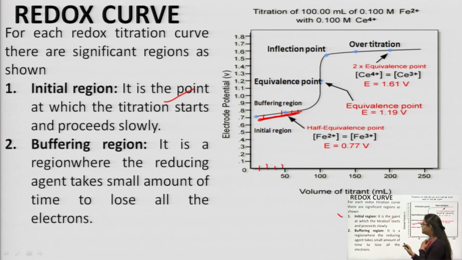It is a region in which the reducing agent takes a small amount of time to lose the electron. ये बफरिंग रीजन है जिसमें gain and loss of electrons gets buffered up. Okay, then